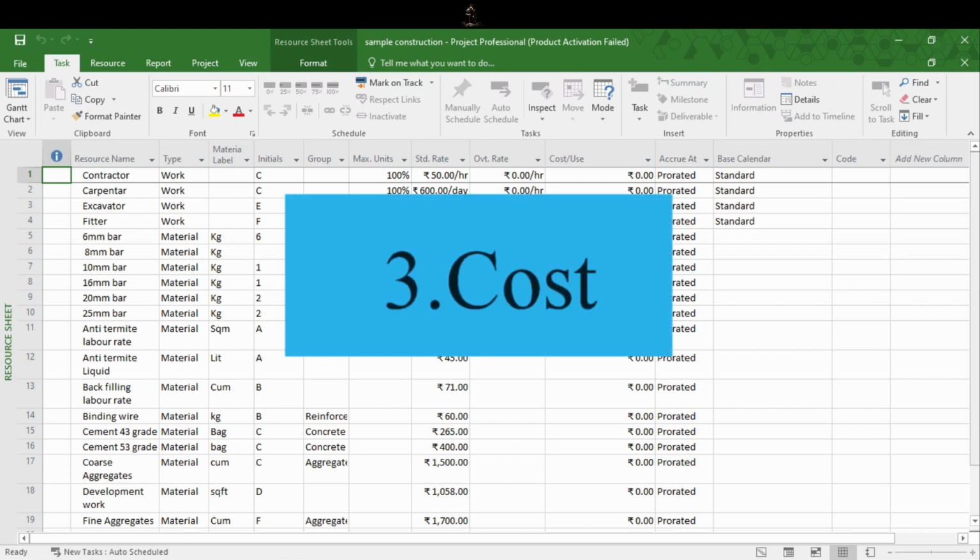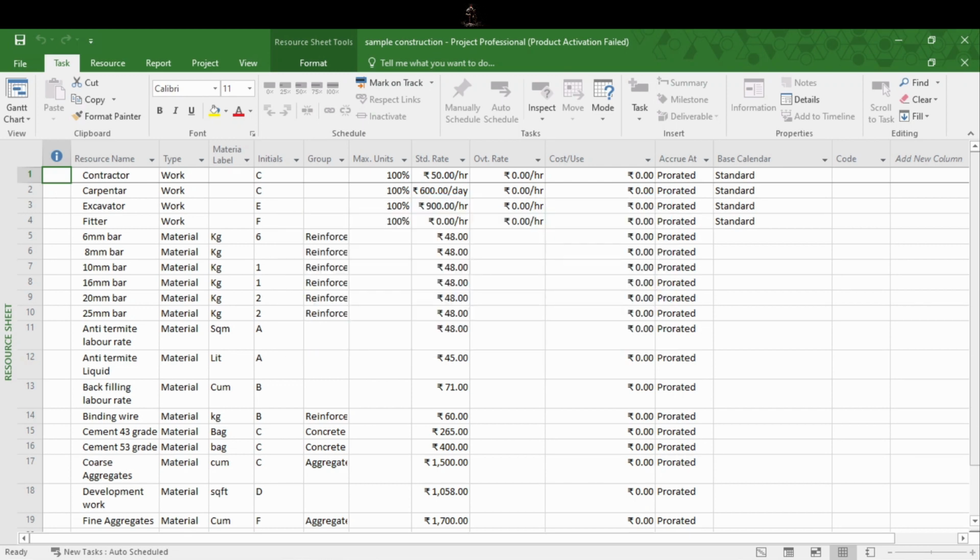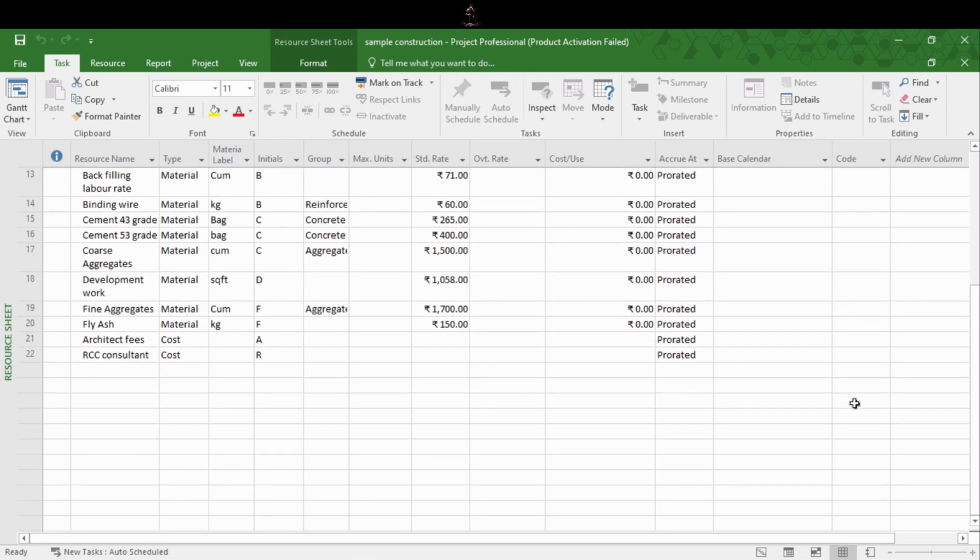Third type of resource is cost. They represent only cost, not time, not quantities. These resources are perfect for ancillary costs. What are ancillary costs? Costs incurred in supporting the main activities. One thing we have to remember here is the costs are not associated with the people, equipment and materials you assign to tasks. Then what comes in this cost?